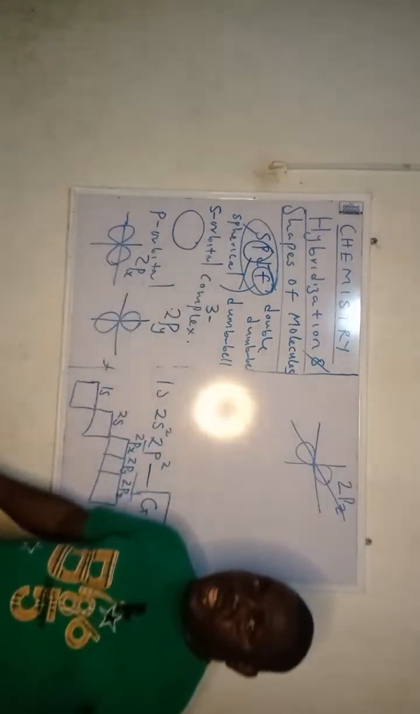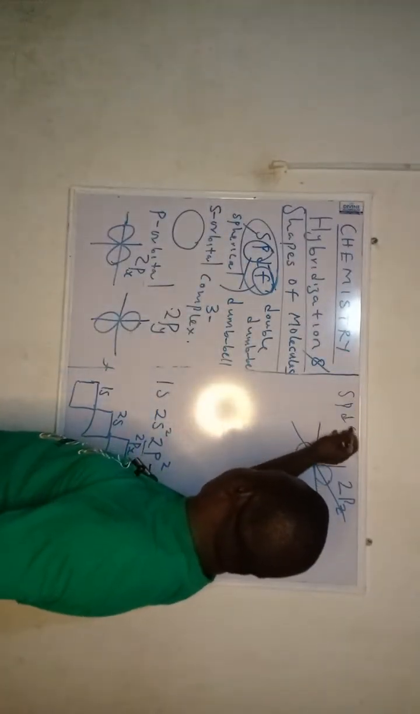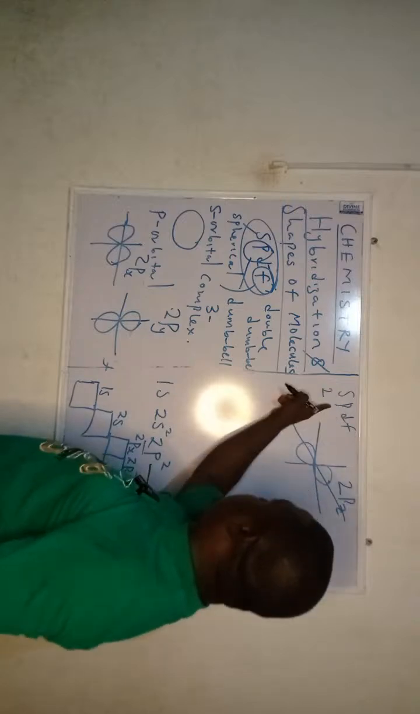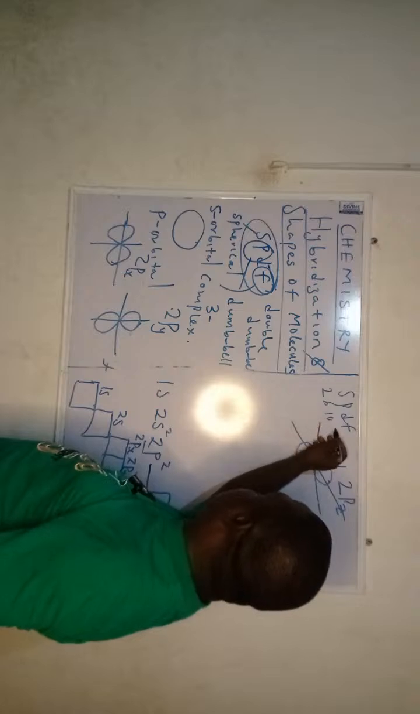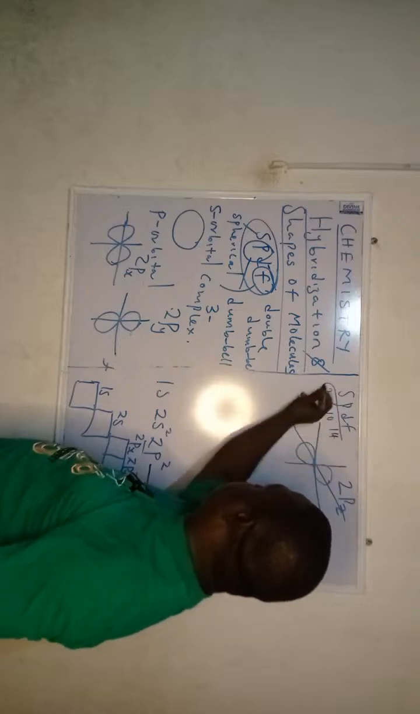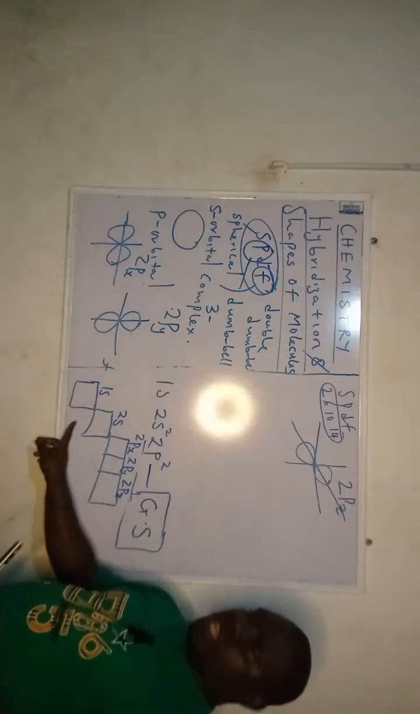So what's the maximum electron for s orbital? It is 2. So we have 2. Let me put it this way. What's the maximum electron here? 6. What's the maximum electron here? 10. And here, of course, is 14. Okay. Now, if I'm going to fill this place up,